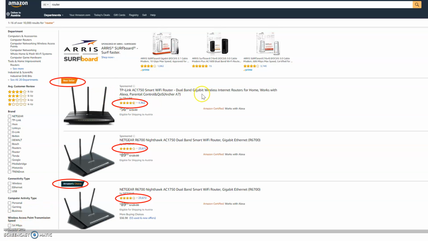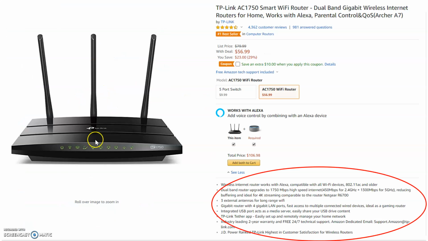And probably you may want to check more details about this first router appeared on this website, and it's labeled as a bestseller on Amazon. So let's say you click in this router, and there are lots of descriptions in detail about this product, but most of them are quite technical. How well it can function, how fast the speed is, etc.